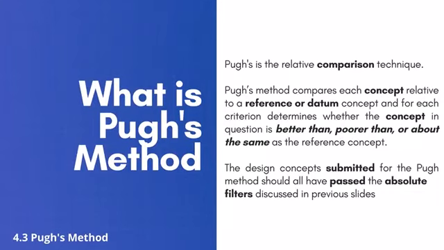Now we will go into the next method, which is Park method. So what is Park method? Park method is the relative comparison technique where it compares each concept relative to a reference or datum concept or product, and for each criteria determines whether the concept in question is better than, poorer than, or about the same